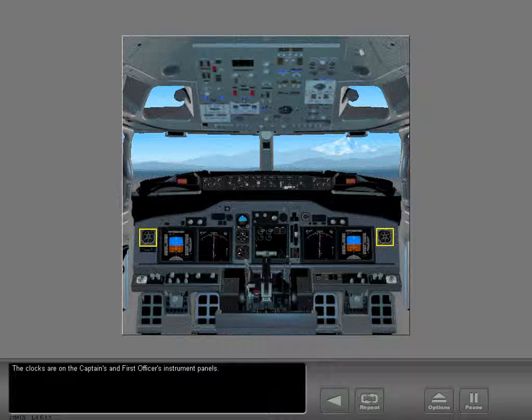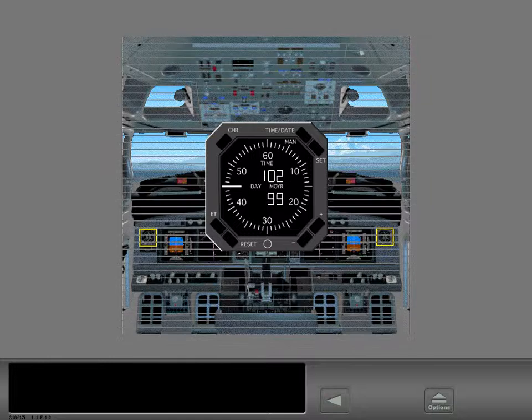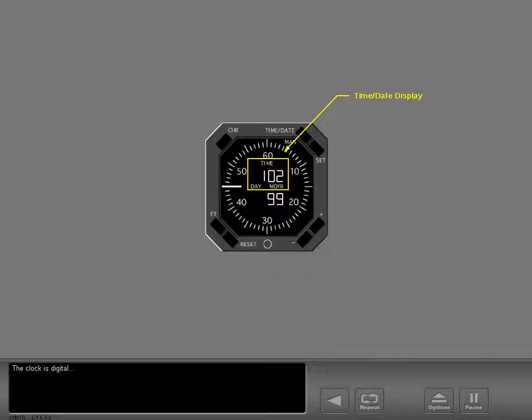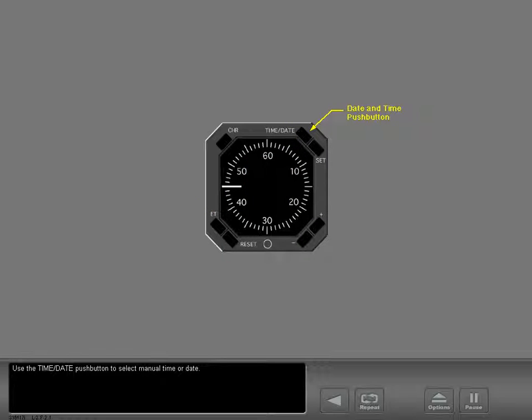The clocks are on the captain's and first officer's instrument panels. The clock is digital, with an LCD sweep second hand. Use the Time Date push button to select manual time or date. Pushing the Time Date push button will cycle through 4 modes in the following order: